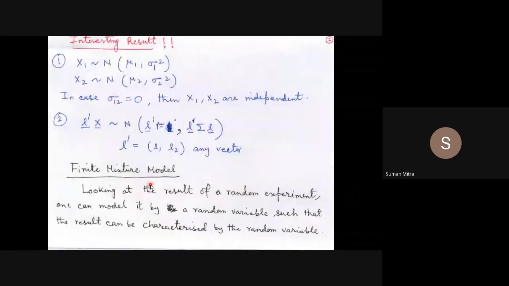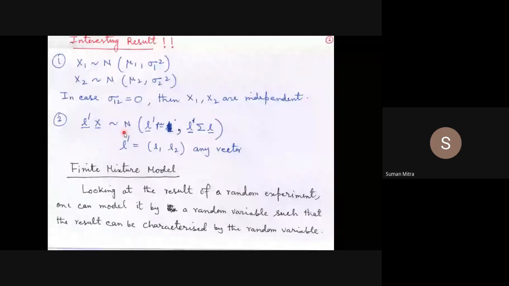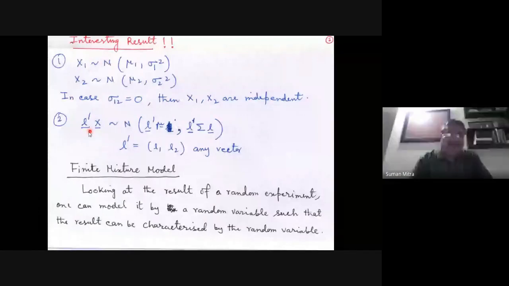Right? So we are not going into the detail of this one, just a mention of this one, that we already have this in our earlier classes, that if we have 2 or more than 2 Gaussian distribution, single variate Gaussian distribution, then what we can do is that we can take the linear combination of this one, L prime x. L prime x will follow a normal distribution with L prime mu, L prime sigma L.